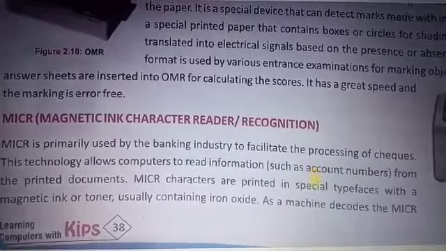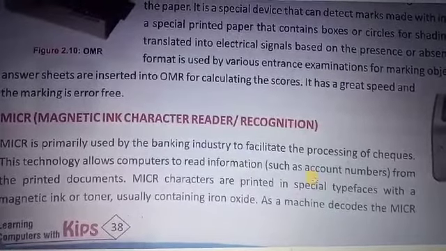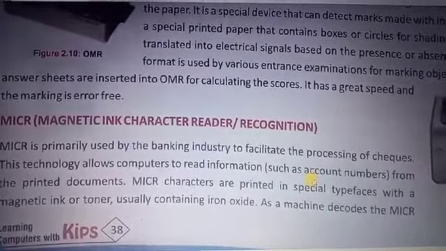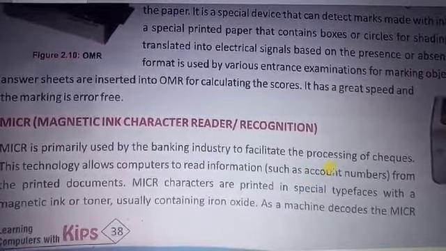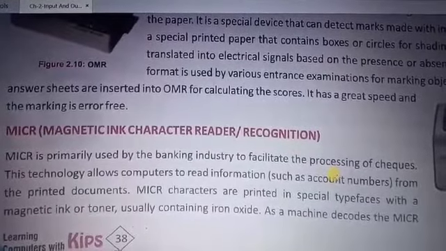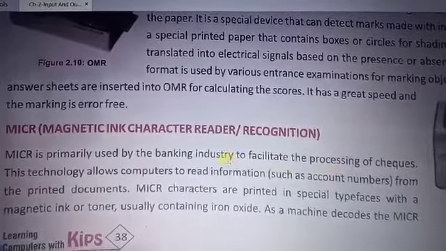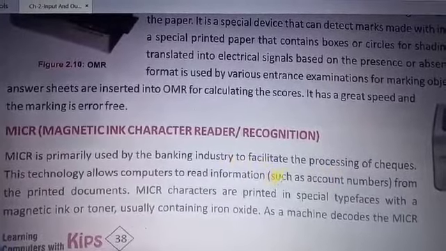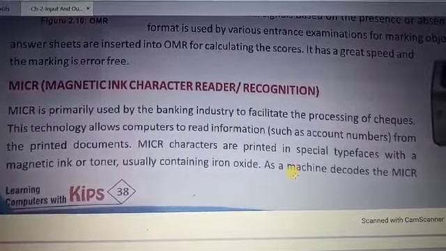When the scanner examines this electromagnetic ink 16-digit printed number on the check, its color is going to change. After the color changes, it is authentic, it is genuine. Otherwise, for a fake check, the color is not going to change. So this kind of MICR scanner basically evaluates whether the banker's check is a genuine check or a fake check.